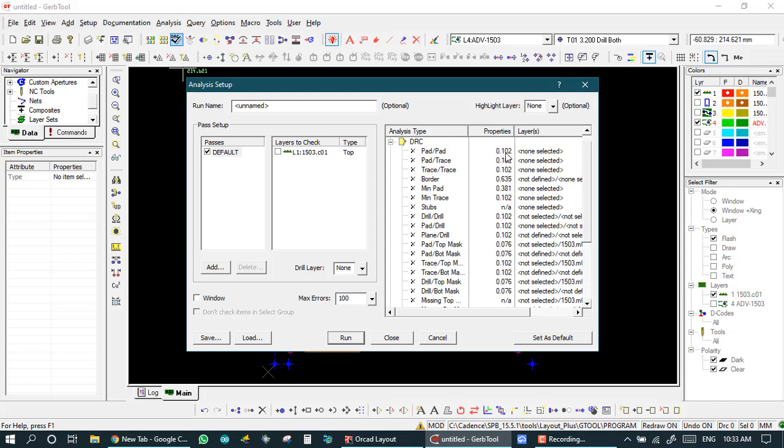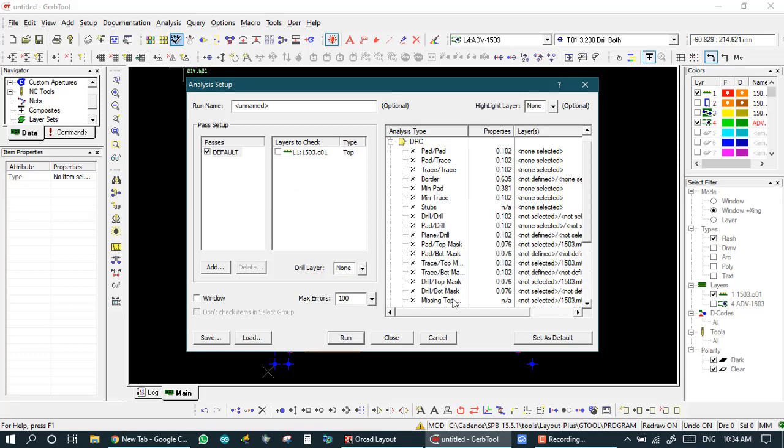By default it is 0.102, but if I set it to 0.252, then if any two flashes or any two pad distances are lower than 0.252, we get an error in the software, and after getting all these errors we solve them one by one. But for DRC we will make another video.